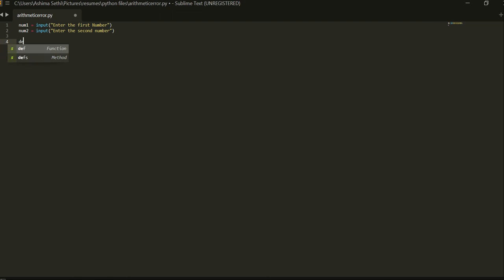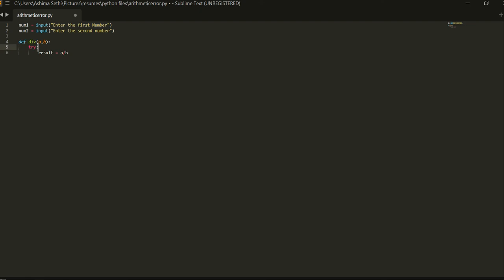Now we will create one function. How can we create a function? By using the def keyword. Def, let's say div function, and here I need to pass two numbers, a comma b. So what this function will do, first we will add a try except block. In try it will try to divide the number, so we will give result will be equal to a divided by b.